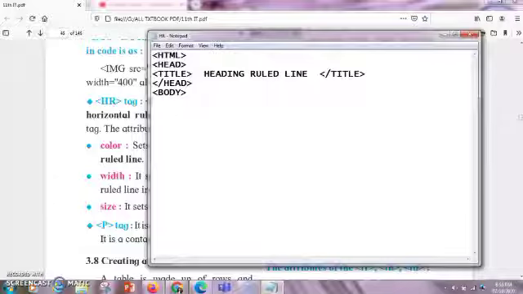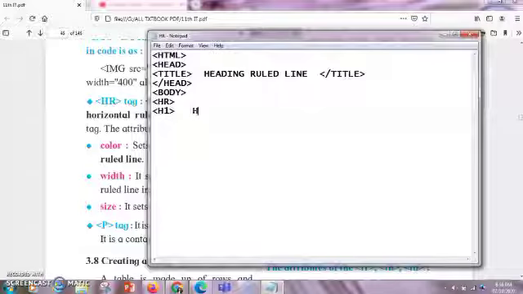Inside the body, if I want two lines, I just want two lines above my heading. So firstly I'll use one HR tag here, and then I'll be using one H1 tag for my heading. Inside the H1 tag I can give any type of heading.